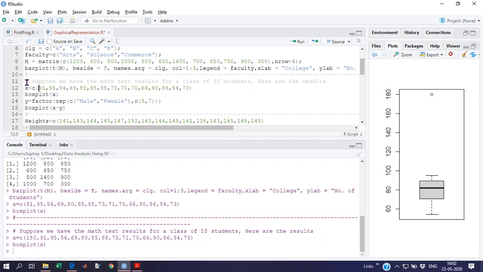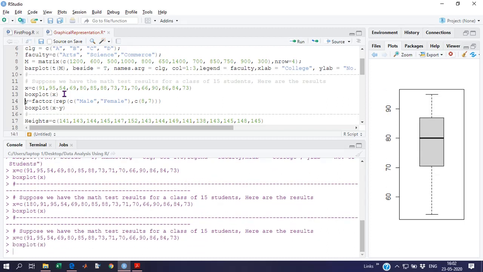Now what happens? Many times we just need to compare whether two groups are different or not. Suppose there are eight male students and seven female students in that group, out of 15 students.